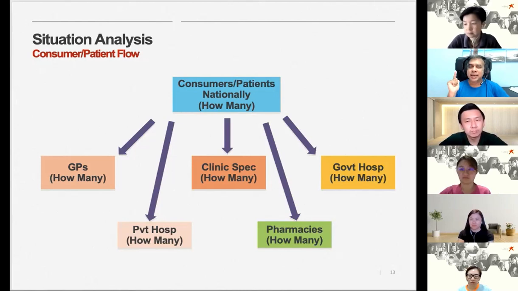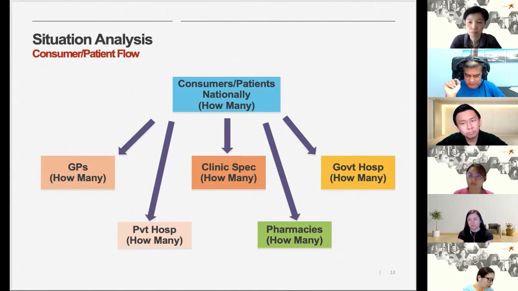Now, another way is by using... sorry, yes? How about the existing data we have, like from our IQVIA, IMS market share? Okay, IMS, I don't know. Does IMS give you data on how many patients there are? No? They give volume. Oh, you are talking about that volume. Okay, I would hold on to that because of what Serena just mentioned. The IMS data will show those who are being treated or going for treatment, and that also is only pharmacological treatment.